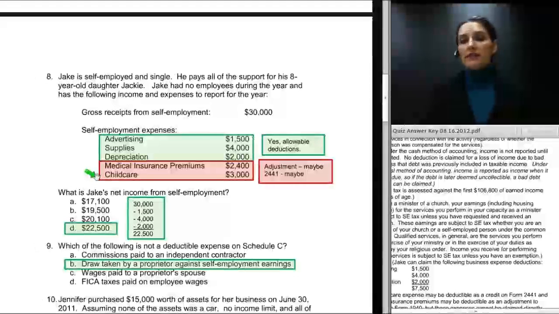Child care also is not an expense that is deductible on Schedule C. In certain situations, child care may be a deduction for a business if the business is paying the child care for its employees. But if you are self-employed and you're paying child care for your own children, definitely not allowed on Schedule C. If you're allowed to benefit at all, it is as a child and dependent care credit, and you would need to